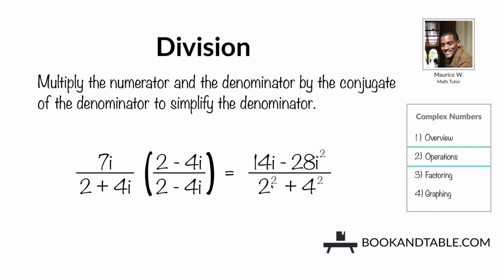For division, instead of dividing the way we do traditionally, what we are going to do is multiply the numerator and the denominator by the conjugate of the denominator. Why do we do this? A couple of things. Any number divided by itself is equal to 1. So by multiplying this fraction times 1,